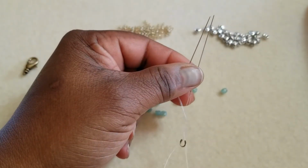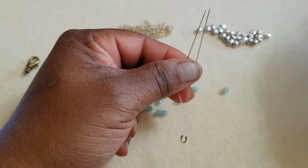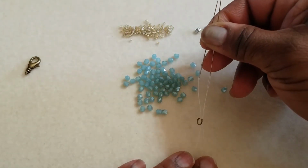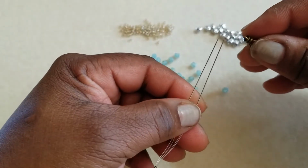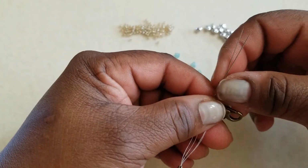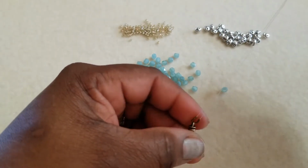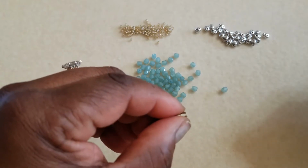I threaded my needles with 2 yards of the fire line, and I ran my needles through each hole of my wire guardian. With the horseshoe facing me, I'm now going to add on my Lobster Clasp, and I'm going to pull them all down to the center of the thread. Once there, I pinch my wire guardian shut